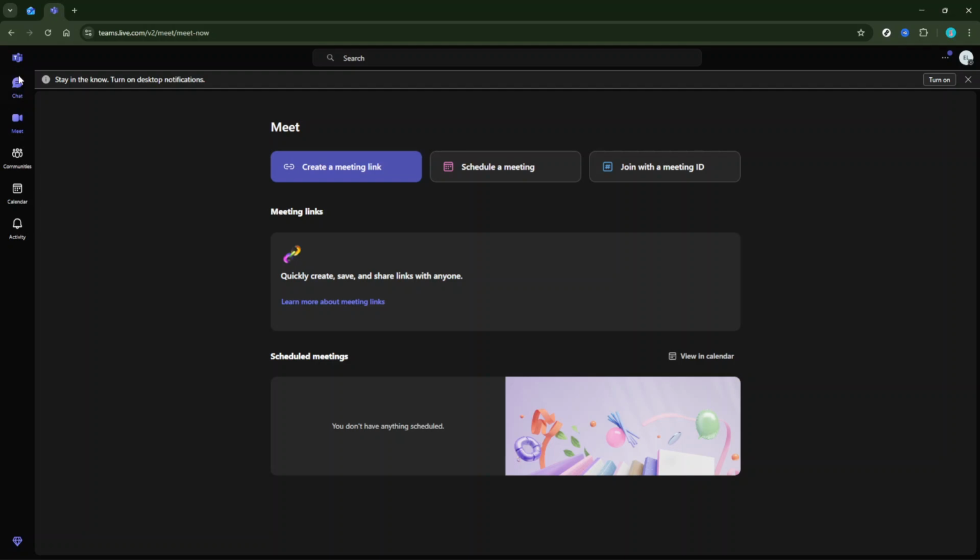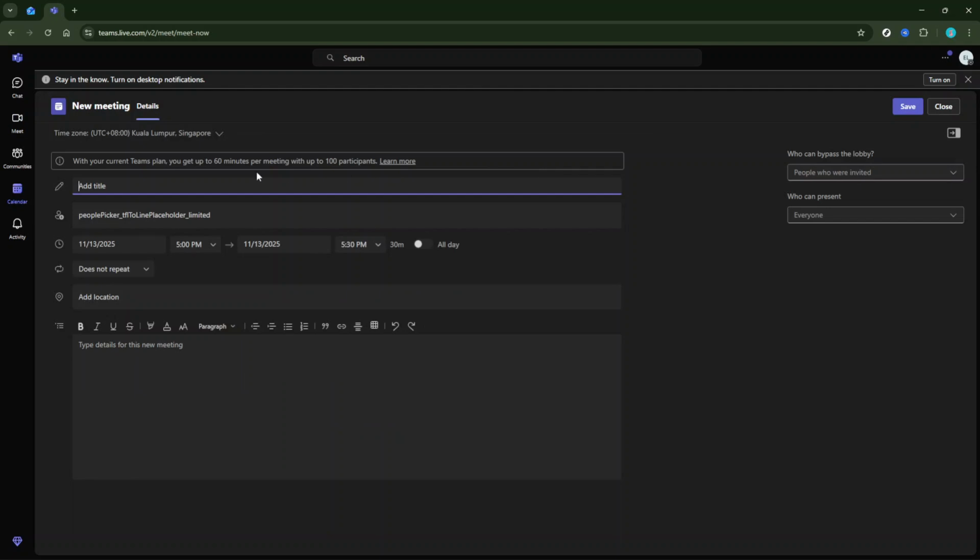Once you've done that, turn your attention to the toolbar. There you'll find an option labeled Teams Meeting. Clicking on Teams Meeting automatically adds a Microsoft Teams link to your meeting invitation. This is a handy feature that ensures your attendees will have easy access to the virtual meeting room.